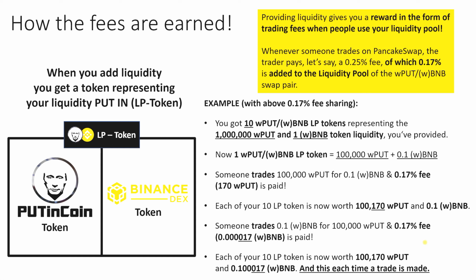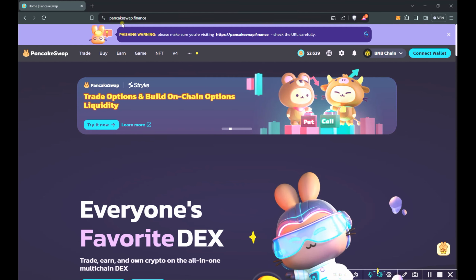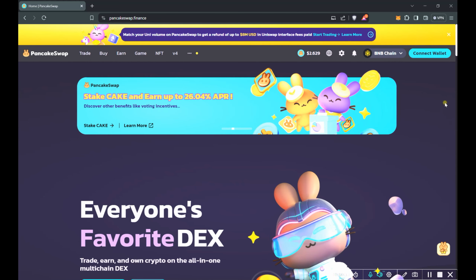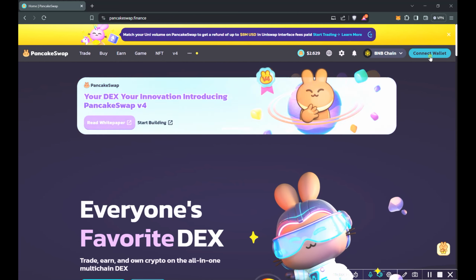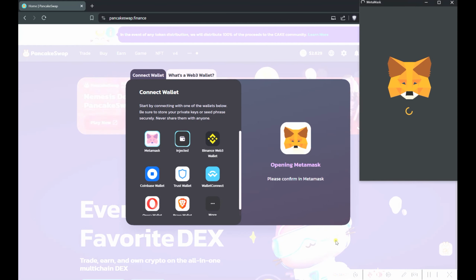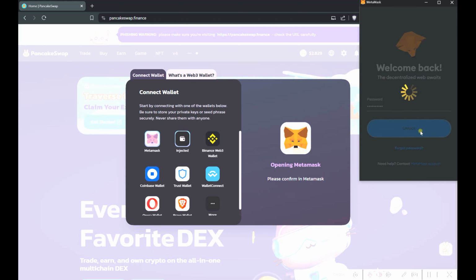And now we are looking at it in the real world, and we switch over to PancakeSwap. We've now switched over to PancakeSwap like we did in the last tutorial. We again find it at the domain pancakeswap.finance, and in order to be able to interact with PancakeSwap, we have to connect our MetaMask with it. So we have to click the connect button here in the upper right corner, and we click on MetaMask. MetaMask opens. Then we have to enter our password if we haven't unlocked our MetaMask already. I haven't, so I have to enter the password. Then I click on unlock.